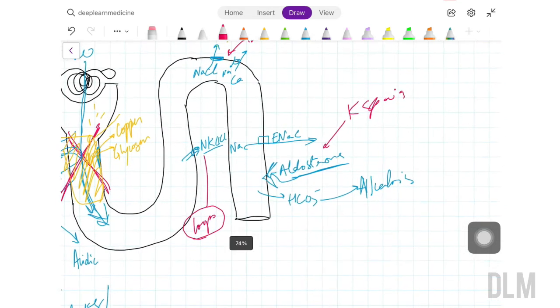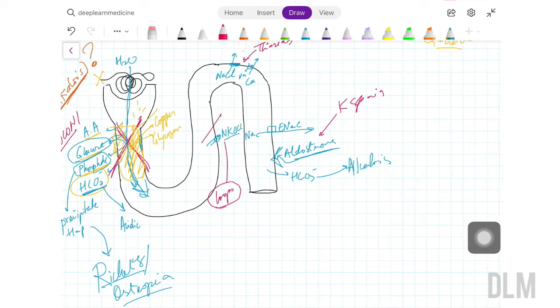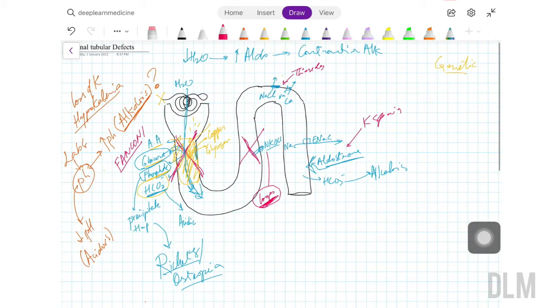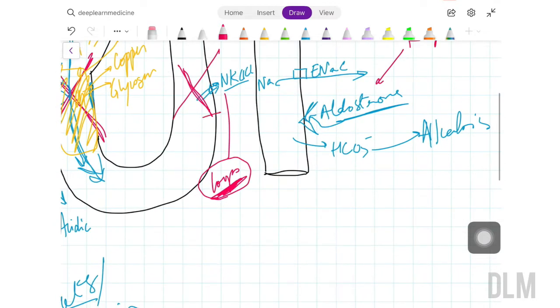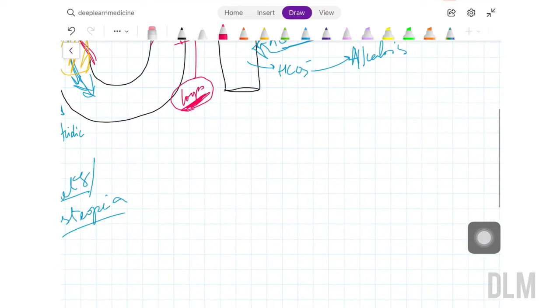So if there was a hypothetical disorder that would damage the ascending limb, it would kind of present like loop diuretic use, right? So as we've already established, except for Fanconi syndrome, all the renal tubular defects will have metabolic alkalosis. So the same is found in this case, and we'll also find hypokalemia, as in all the renal tubular defects. We'll also find hypocalcemia, and the cause of hypocalcemia is that whenever you block the